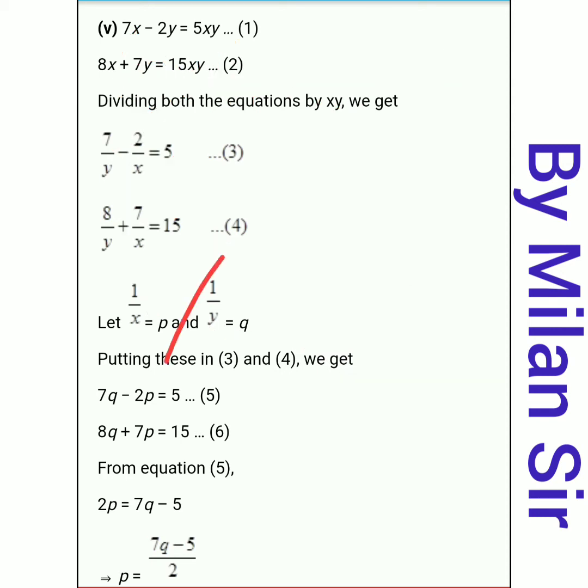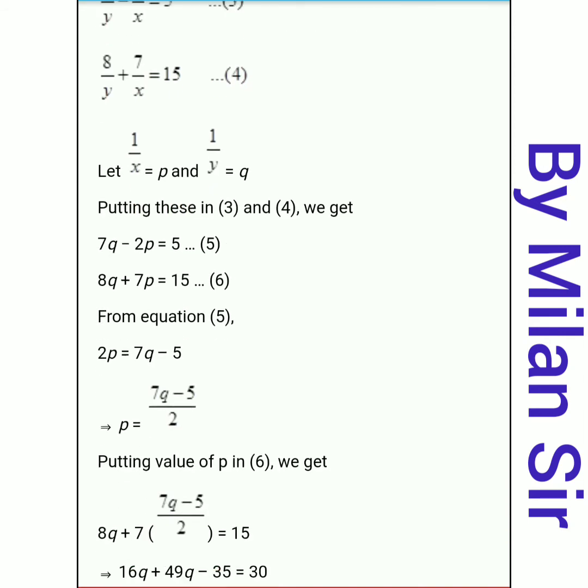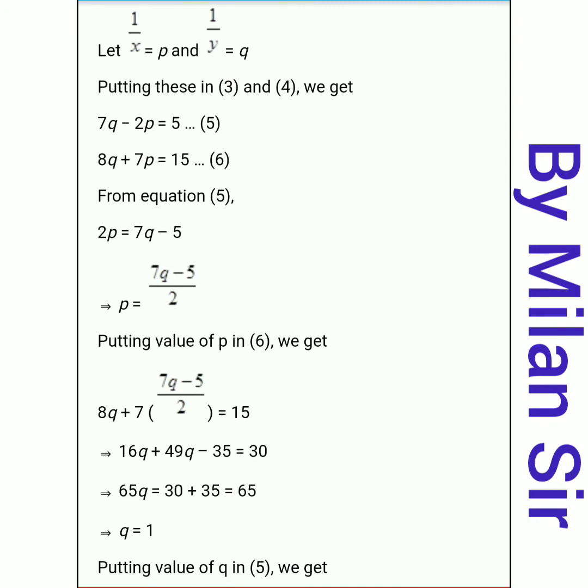Now in these two equations, which method can we use? Okay. Right now I'm going with cross multiplication because I don't think elimination is easy, because here we have 2 and 7 in P, and in Q we have 7 and 8. So we cannot convert one into the other. Both equations we need to multiply and after that we can solve it. Okay. So just use the cross multiplication method.